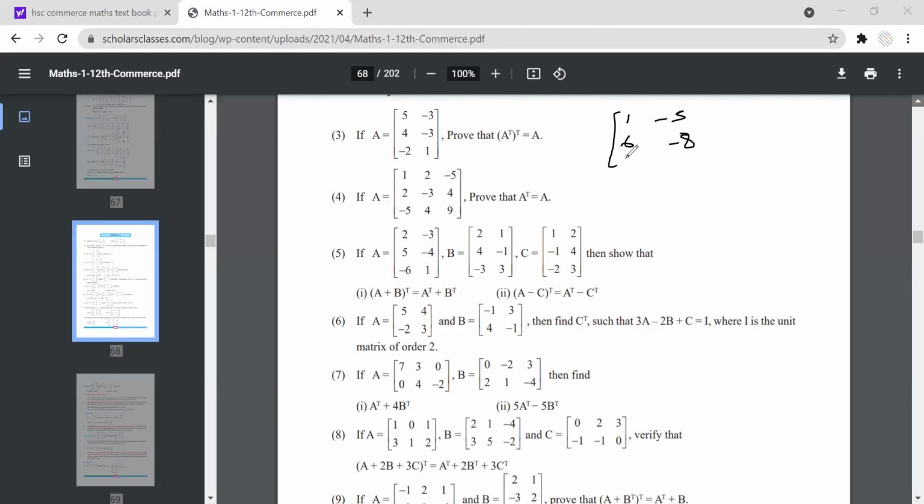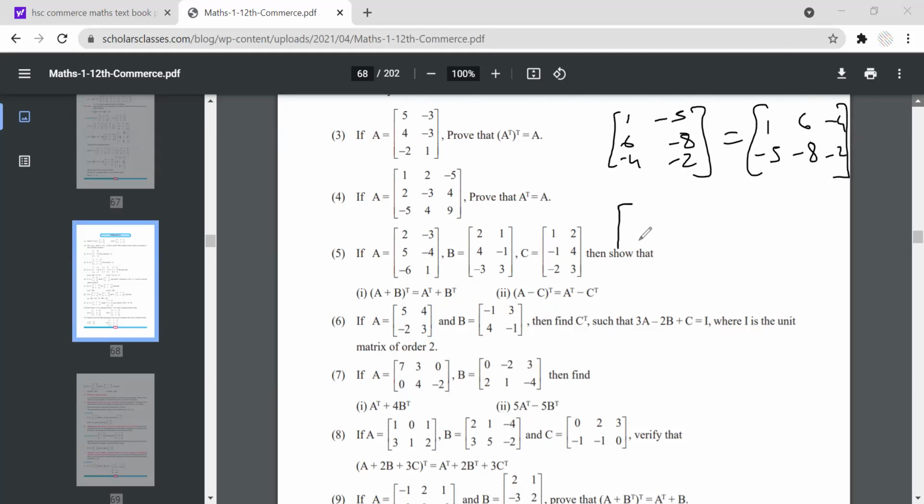minus 6 plus 2 minus 4, 1 minus 3 minus 2, और इसका ट्रांसपोज आएगा 1 minus 5, 6 minus 8 minus 4 minus 2. A minus C ट्रांसपोज है. अब A ट्रांसपोज minus C ट्रांसपोज करोगे आप